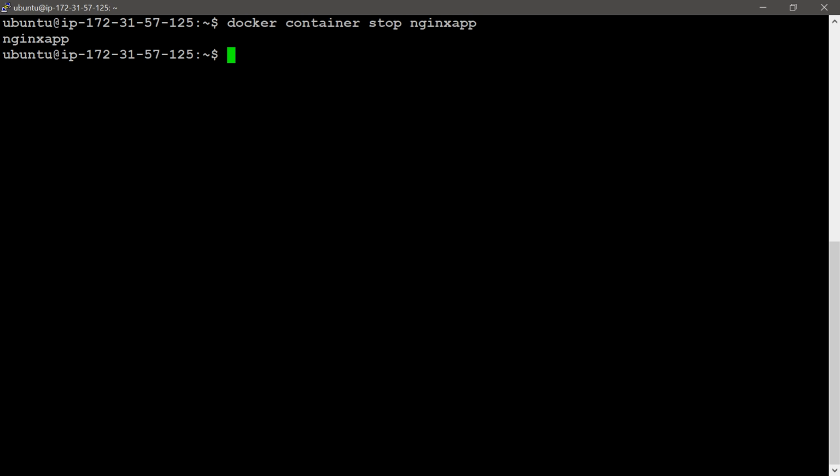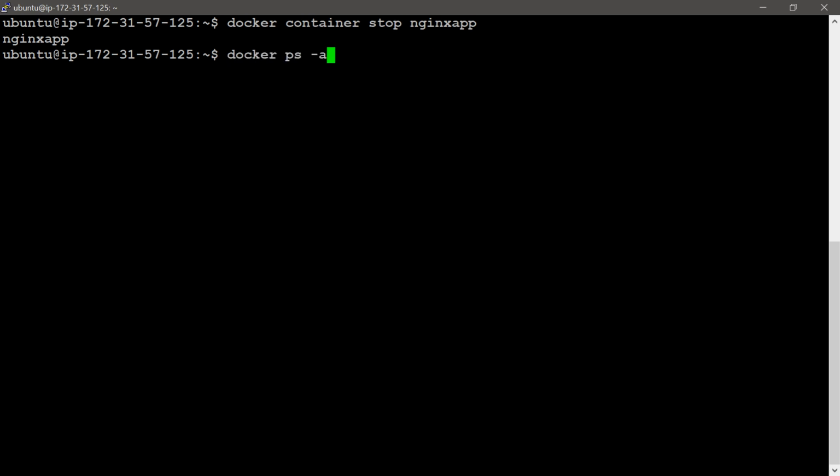If we did not provide any name to this container, you can use docker container stop, then the container id. Container id or container name you can provide with the stop command. So this is the command for manually stopping the container.